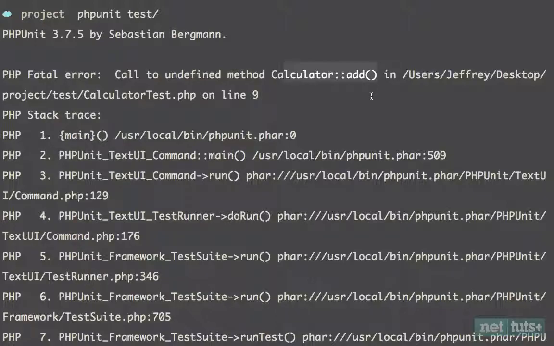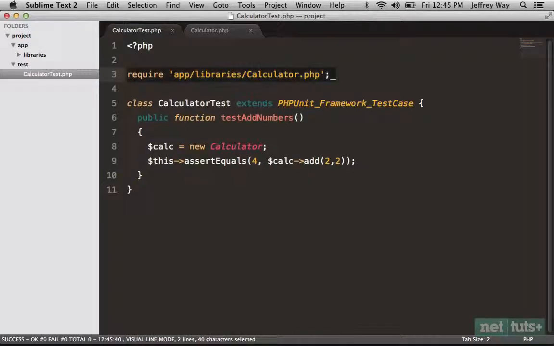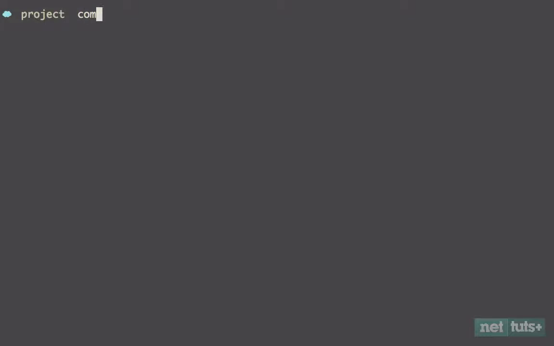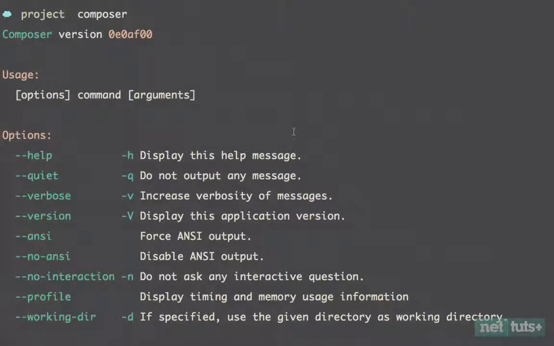That's your next step. But this is a bit of a dated practice because if you think about it, we would have to pull in all of our classes and dependencies for every single test file. So as you can imagine, that quickly becomes somewhat cumbersome. Why don't we instead take advantage of auto-loading using Composer. So once you have Composer installed, if I were to run it, you'll see, yep, we get documentation